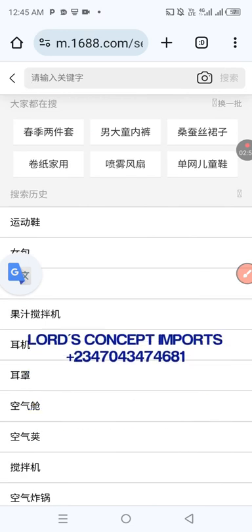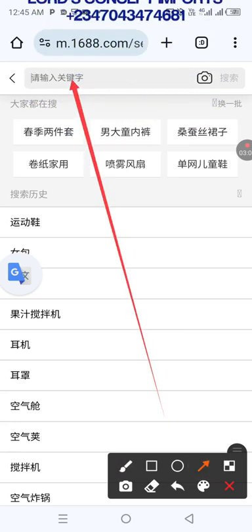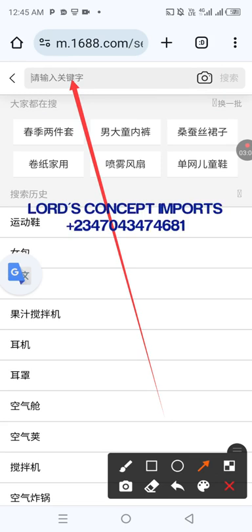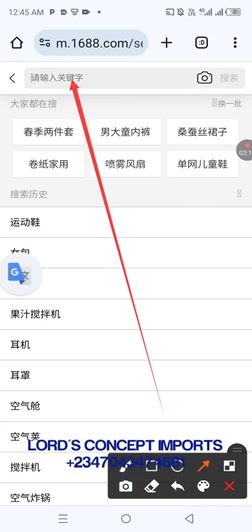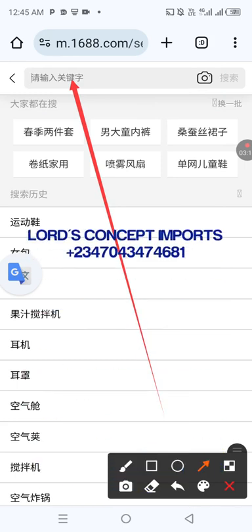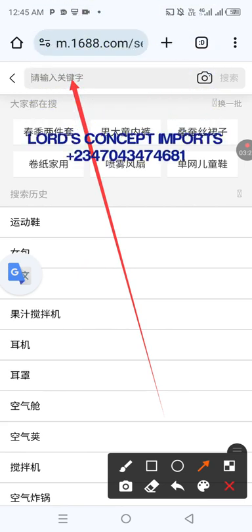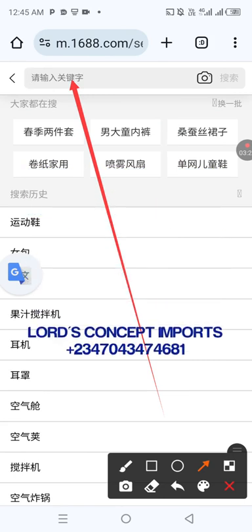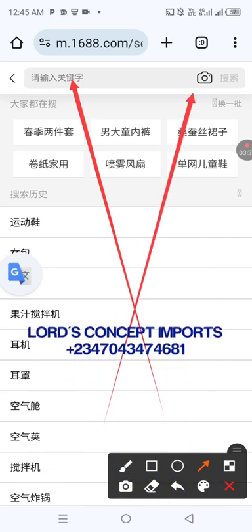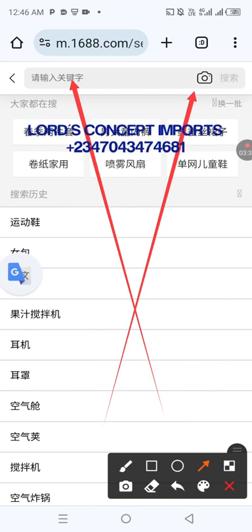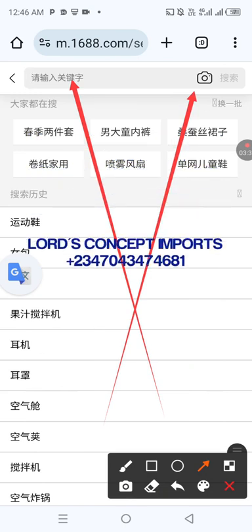So in this page right now, when you open it, you're gonna put in the keyword which you want to use to search on this particular 1688 website. So you can use Chinese character, that is Chinese keyword, and you can also use English to search on this particular website, and you can also use an image to search also through this camera icon. So these are the three methods which you can use to search properly on